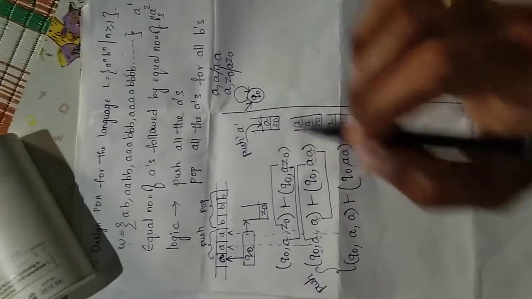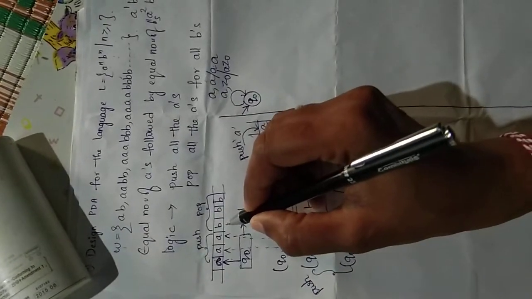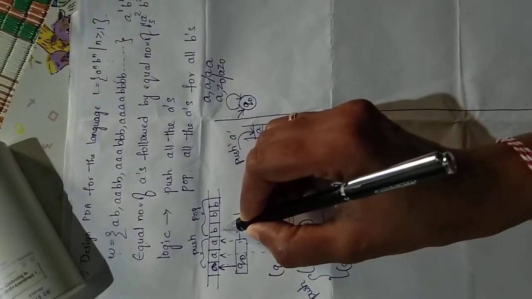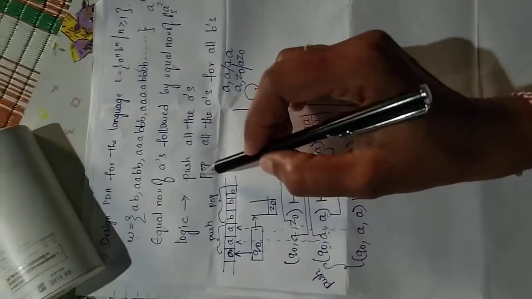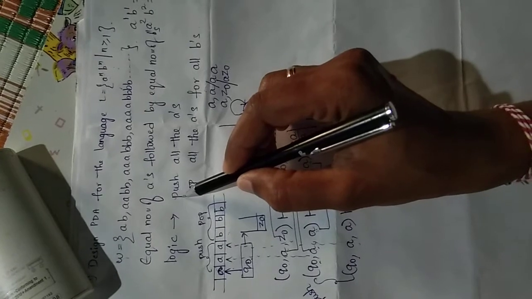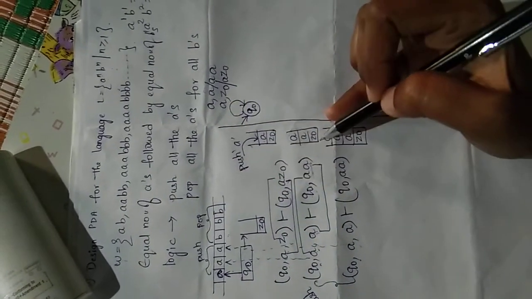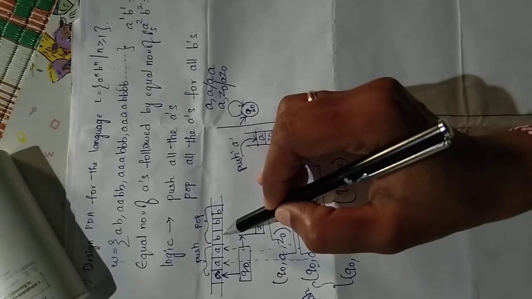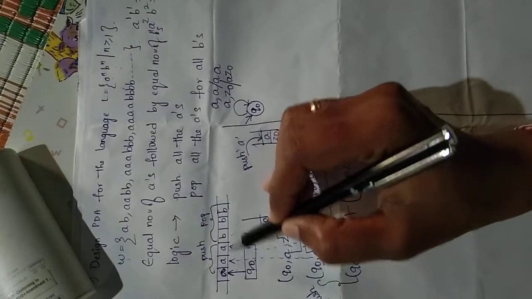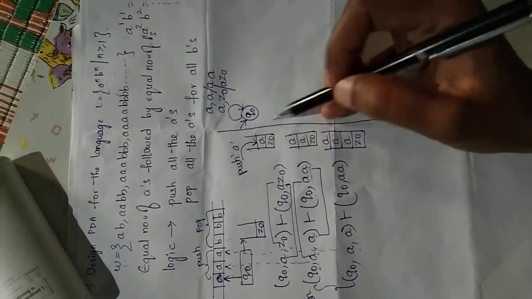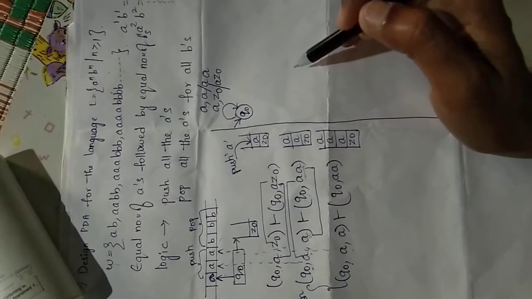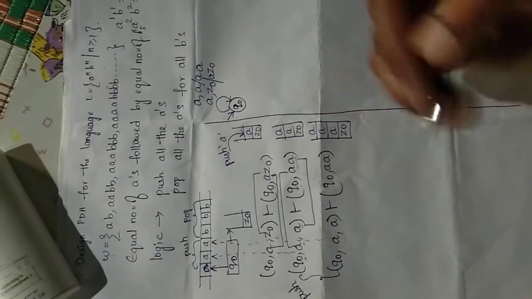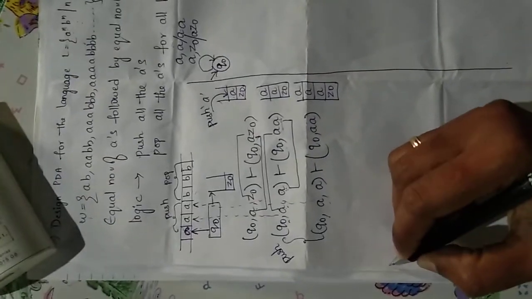Okay. Now, what is the next symbol here? B. Now you are seeing the symbol B on the tape. So what is the logic actually? If you see the A symbol on the tape, push all the A's into the stack. If you see the symbol B, remove one A from the stack for each and every B. Okay. Now we need to pop the symbol. Now we are going to take the pop symbols.